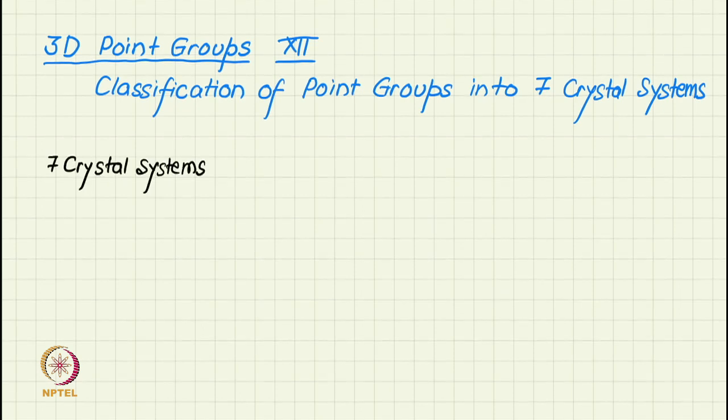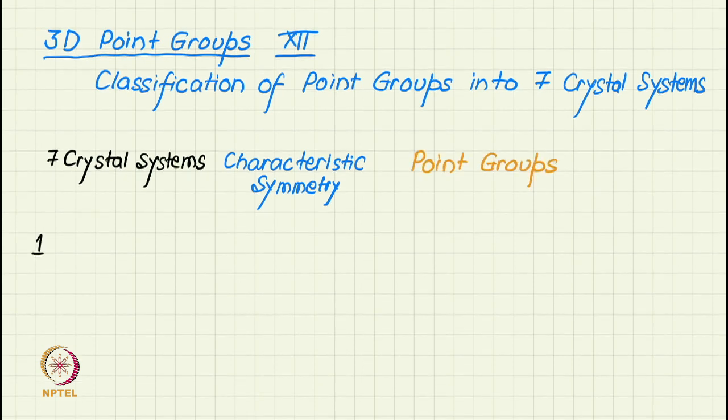So, 32 point groups will be classified into 7 crystal systems, and the basis for classification is the characteristic symmetry. That is, point groups having certain symmetry will be put into certain crystal systems. So, we will do this one by one for the 7 crystal systems. Let us start with the names of the crystal systems. The first system we will list is Triclinic,